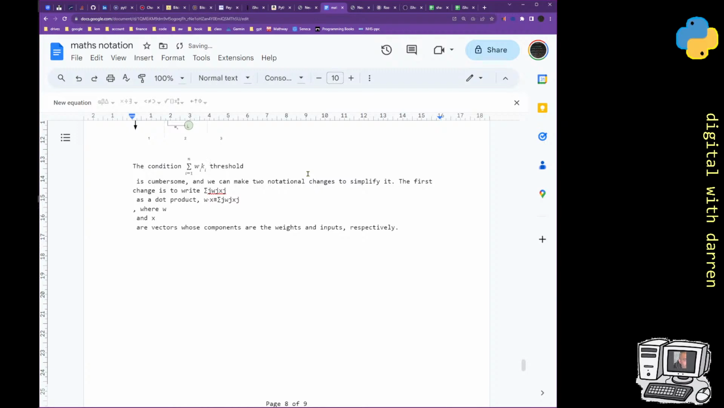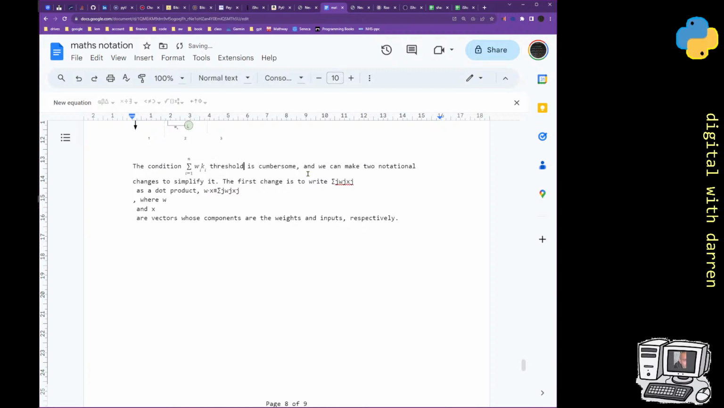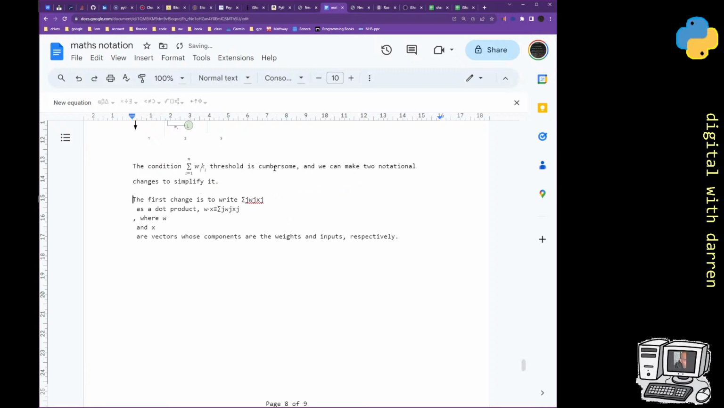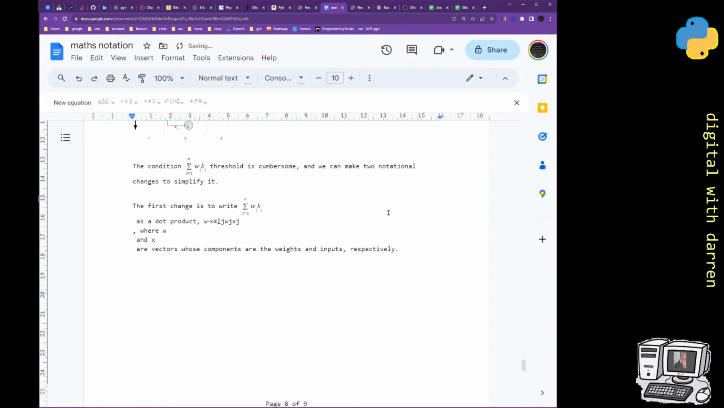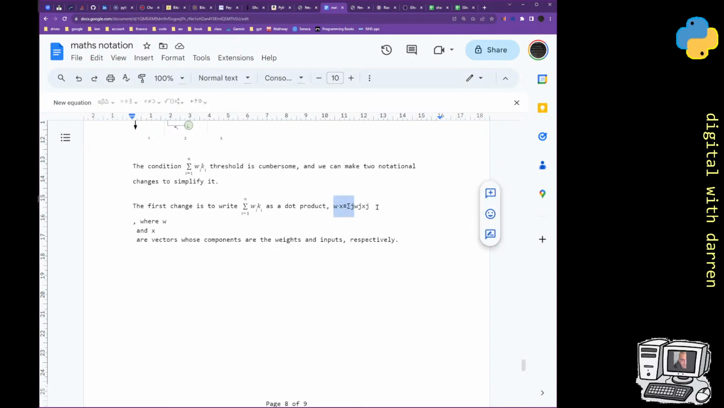This condition is cumbersome, and we make two notational changes to simplify it. I'll list these out basically. The first change is to write this as a dot product. So we can say here that